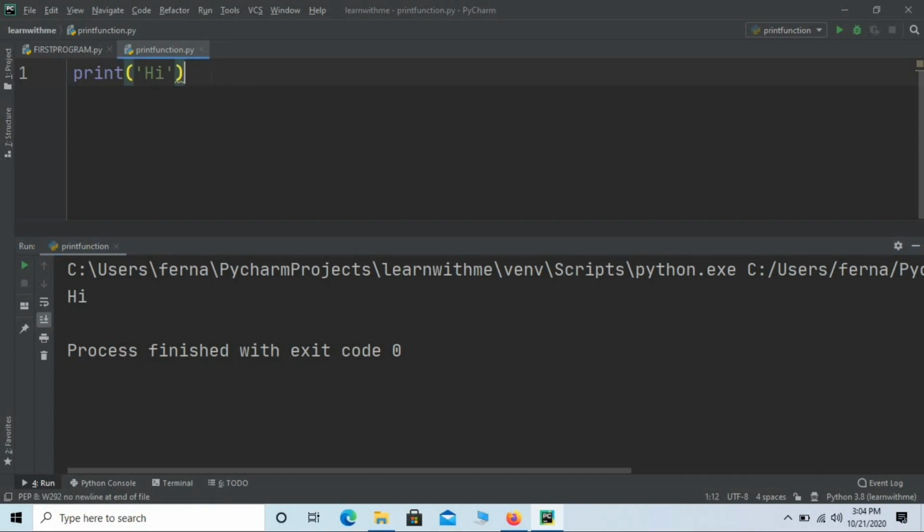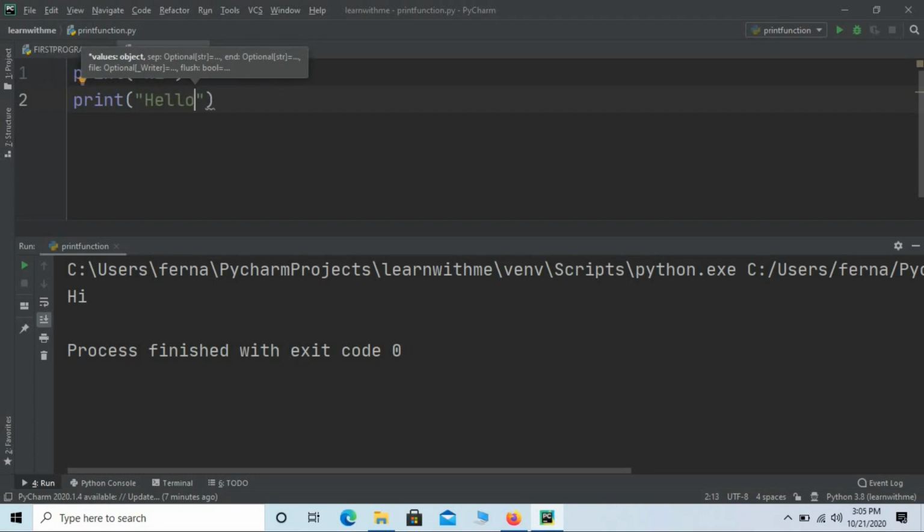So let me try print with the double quotes. Let me get back to my file and I will just type print, open the brackets, use the double quotes, and I will type some other message, say hello. You can type anything that you want. Just save the program once again before you run.